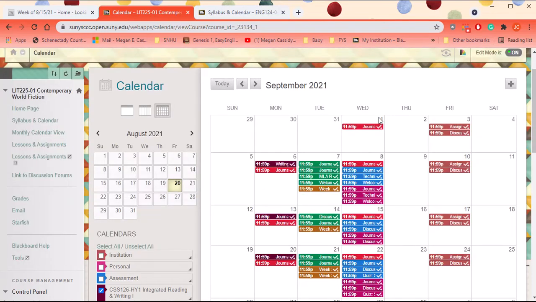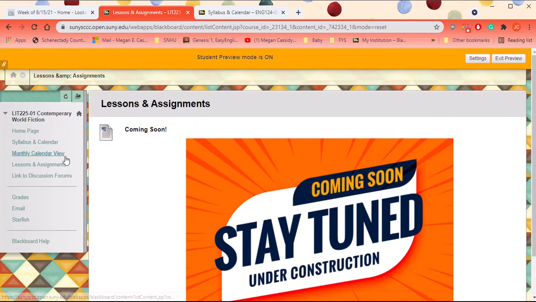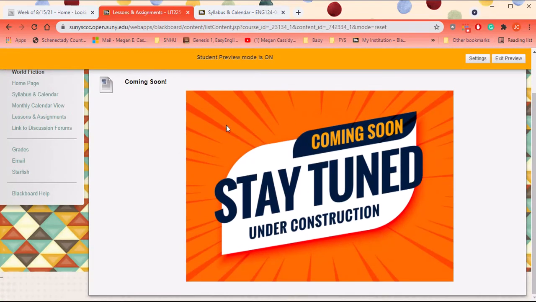And if you like having that monthly view where you can see everything and know what's coming up, if you have a planner, you can enter all the things in the planner, and hopefully that'll help you plan things out for your semester. So the next tab is lessons and assignments, and as you can see right now, for you guys